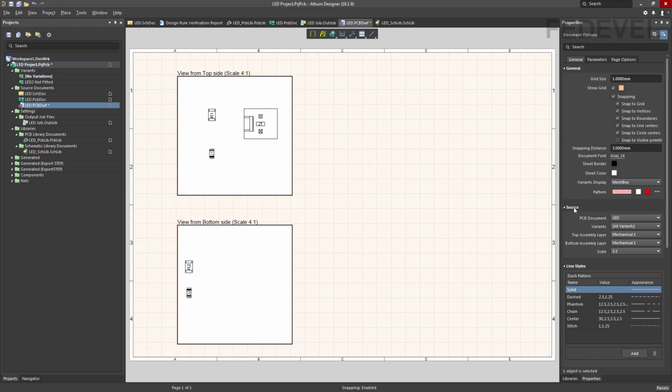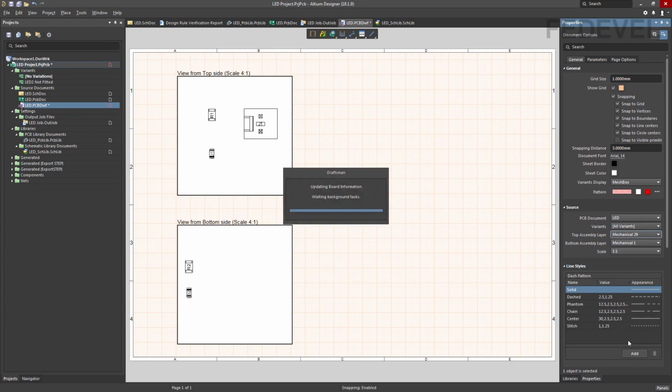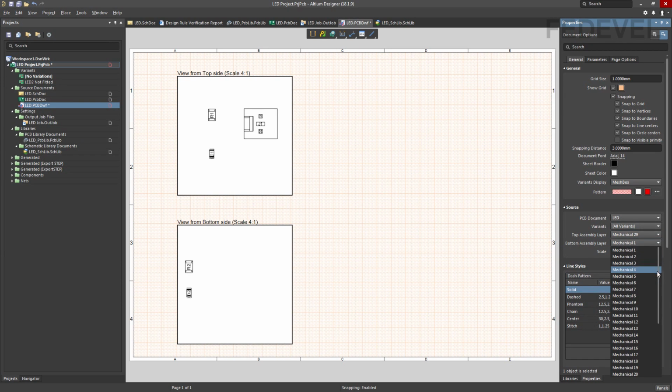In the source, change the top assembly layer, left click here, change it to Mechanical 29, and change the bottom assembly layer, left click here, change it to Mechanical 30.